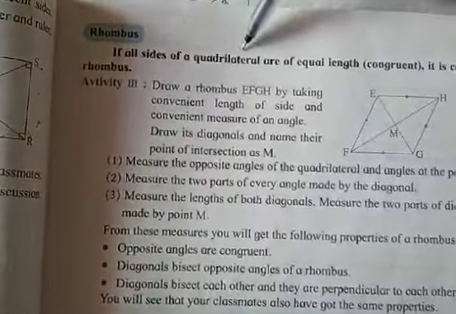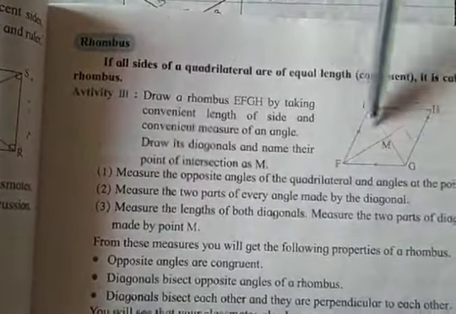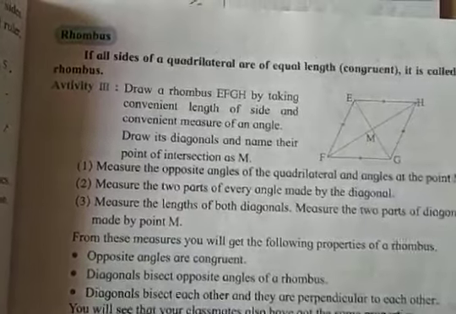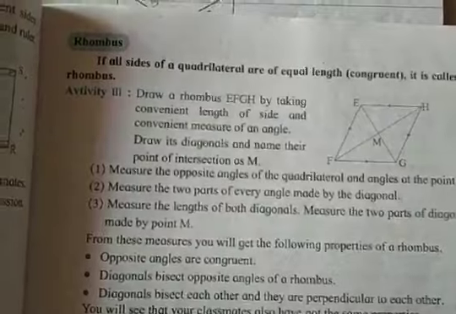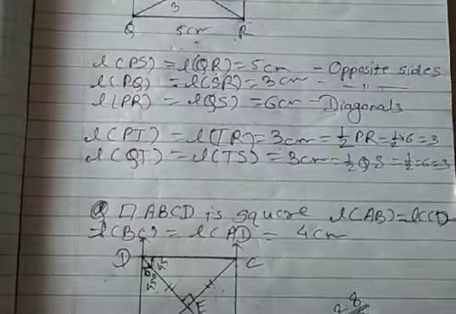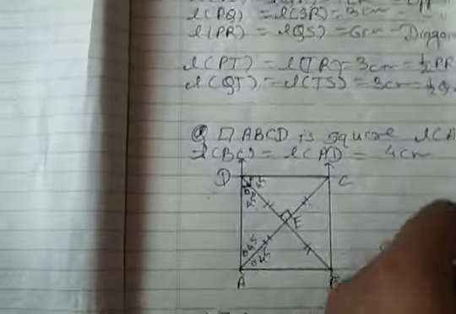If all sides of a quadrilateral are equal, meaning congruent, then that figure is called a rhombus. Now I will show you how to draw the rhombus. So first of all, see here, we will study the properties of